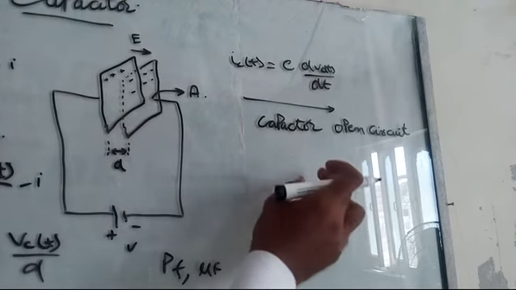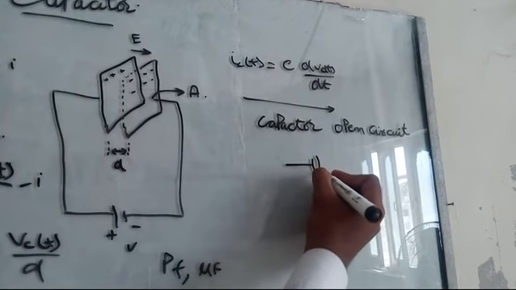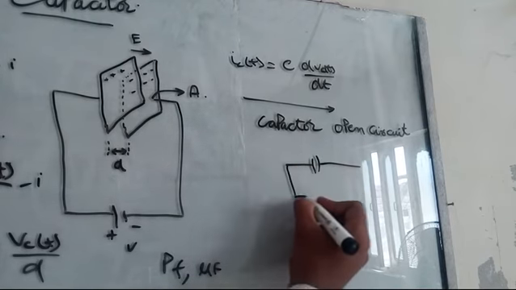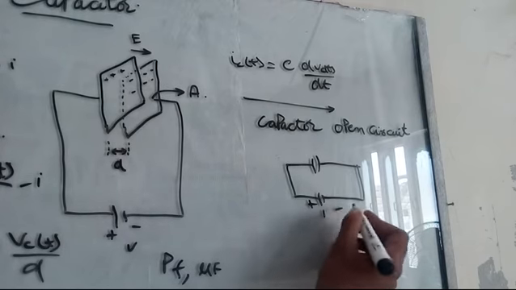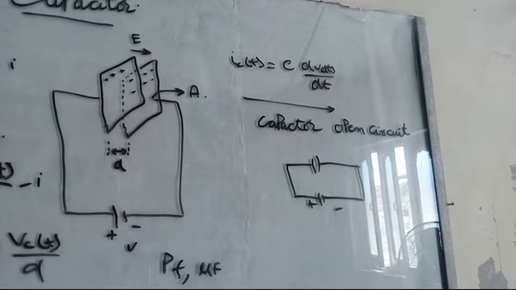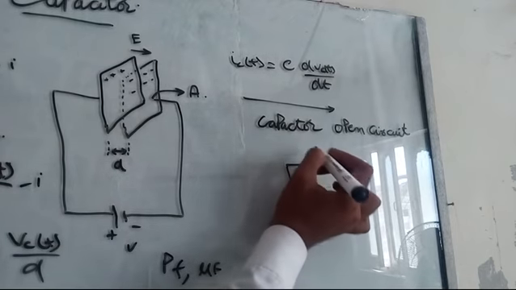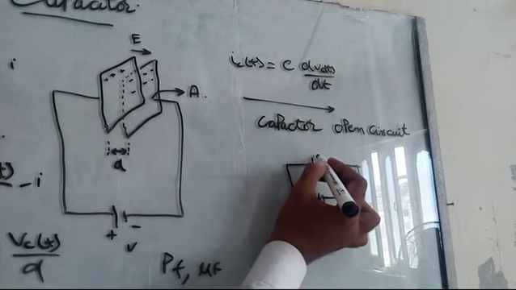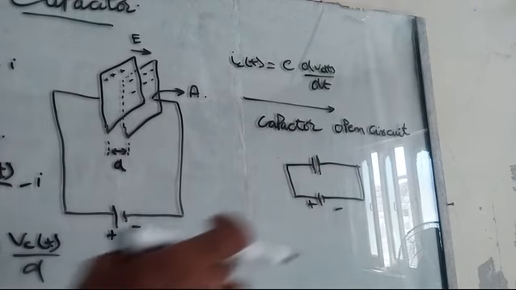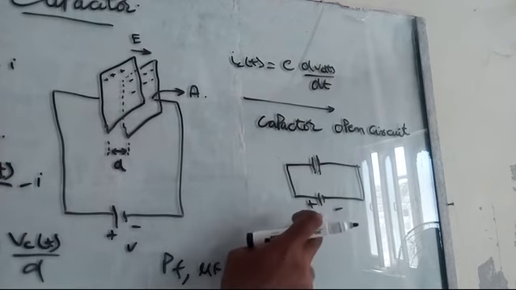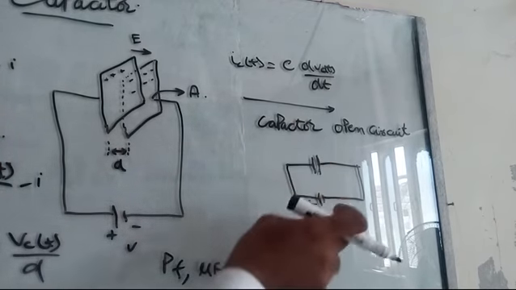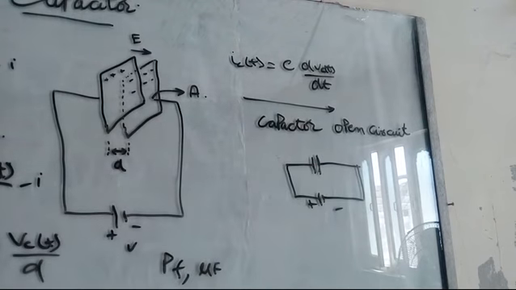What will happen when we apply a constant voltage? This is the symbol for a capacitor. When we connect it with a DC battery, the same voltage will appear across this capacitor. With the passage of time, charge will be stored on this capacitor and its voltage will be equal to the battery's, and after that the voltage will not be changing and no current will be passing through this capacitor, and in that case the capacitor will act as an open circuit.